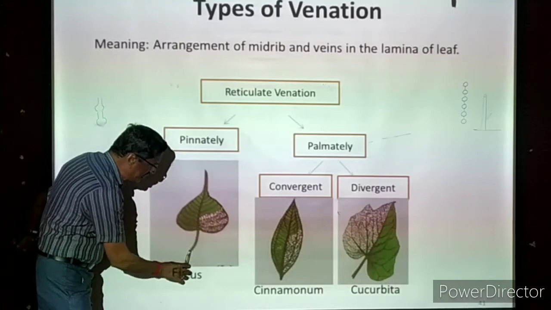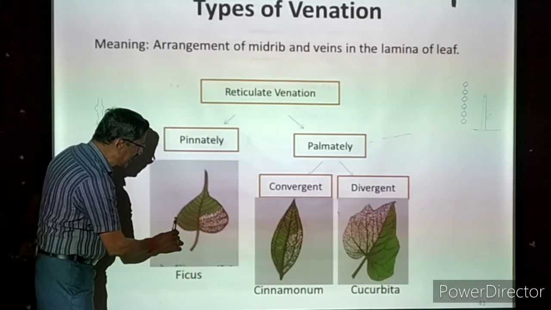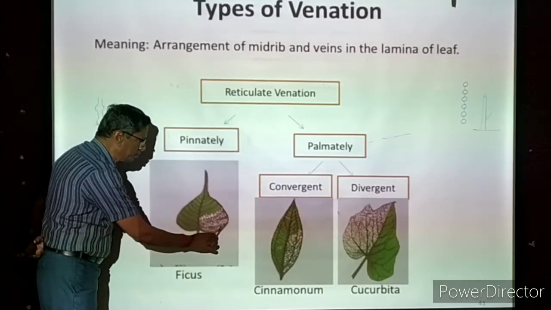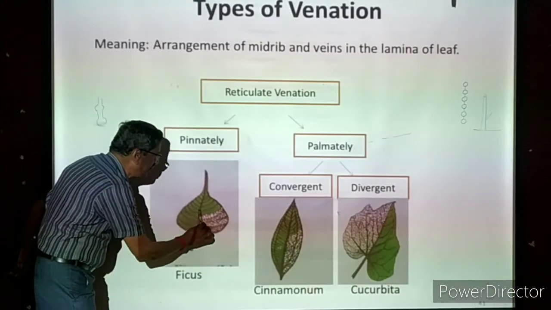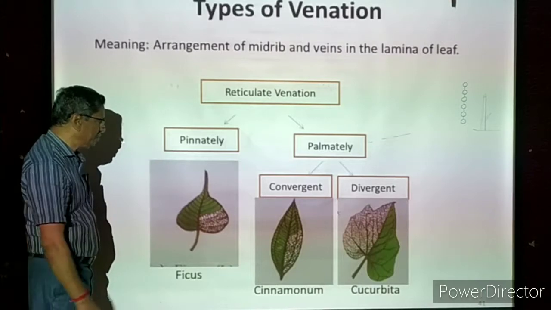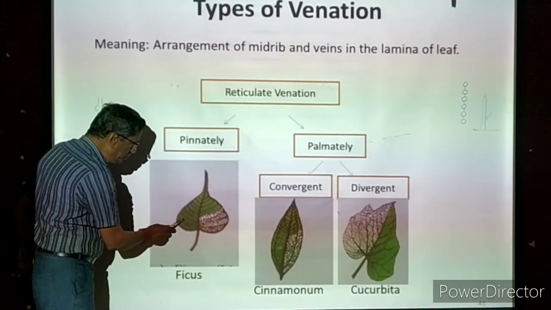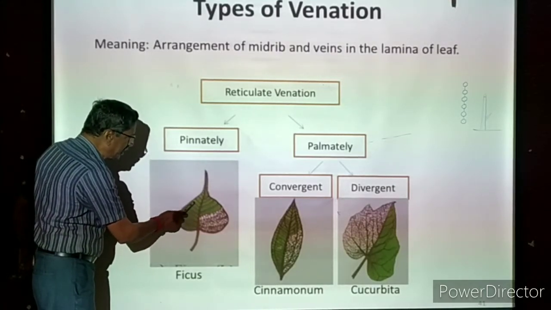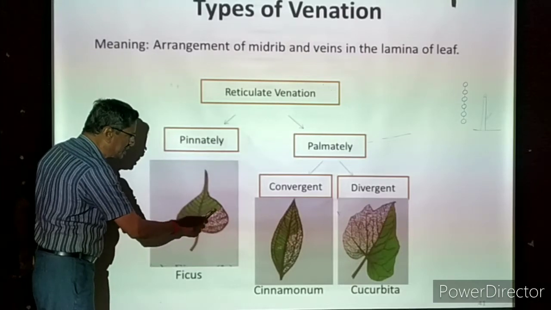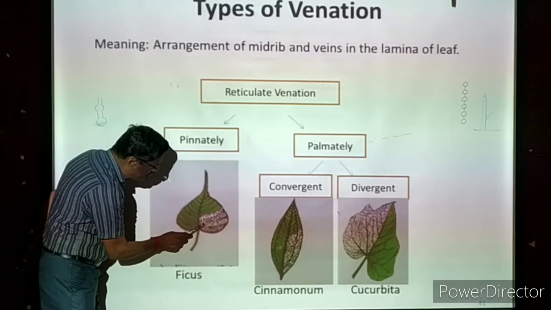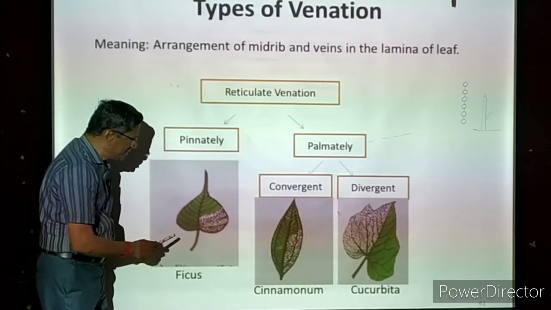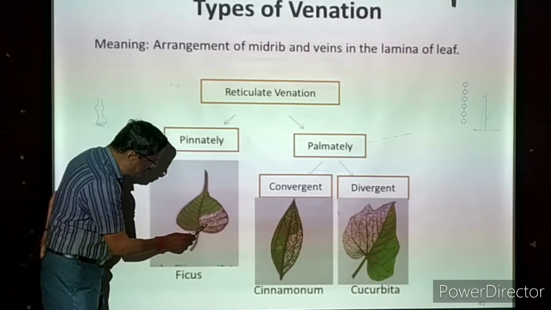Now this is the stalk of the leaf, the petiole. This is the lamina. Lamina is the green flattened portion. It is completely green. Now as I told, this is a thick line which is passing at the center of the lamina. It is called midrib. There are so many veins which are coming from the midrib. On both the sides, so many veins are coming. Now we take one small portion. Each vein is further divided into a number of branches. Here you can see a number of branches.